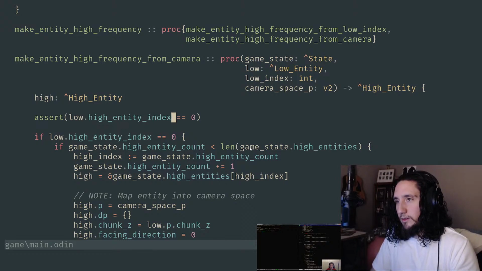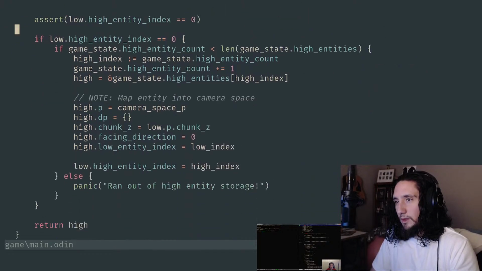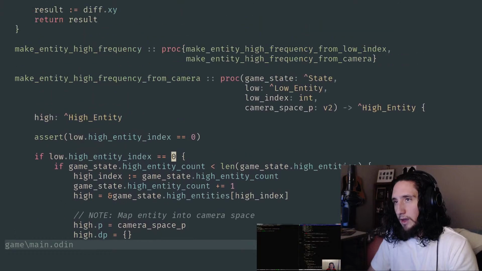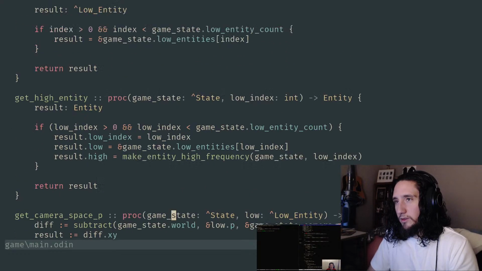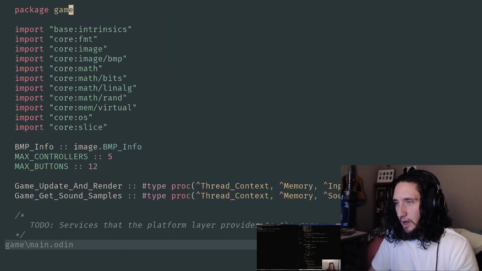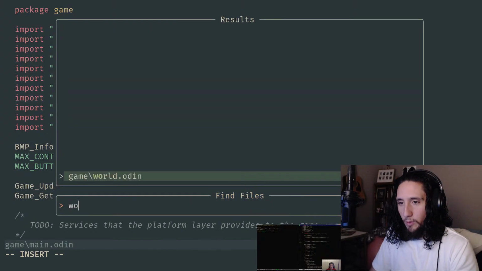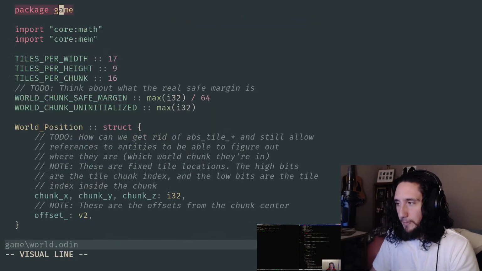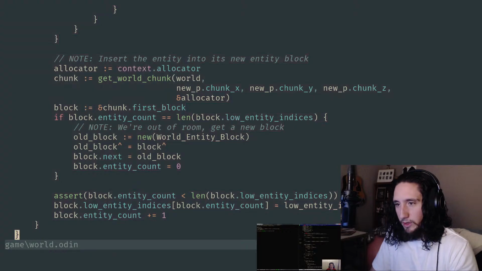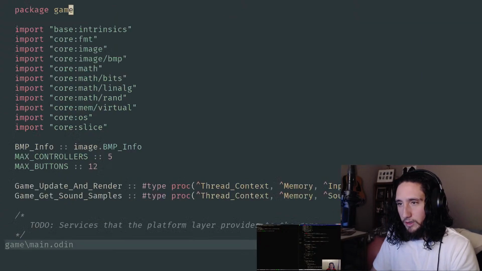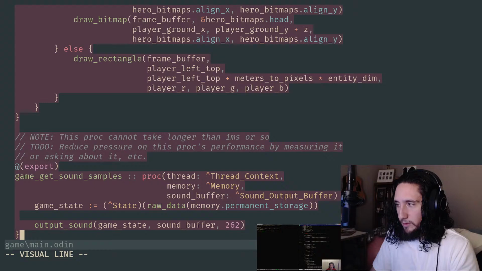I think I've got a good internalization of it now. It's just tough because there's a lot of moving pieces here. I mean, we didn't even have a world file when I started the stream. Well, that's actually not that long, but this main game file, how many lines is this now? Over 1,000 lines.